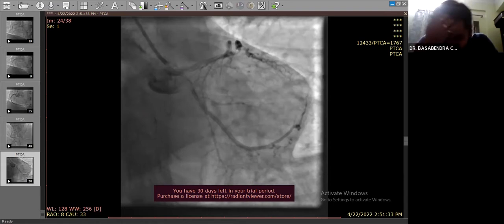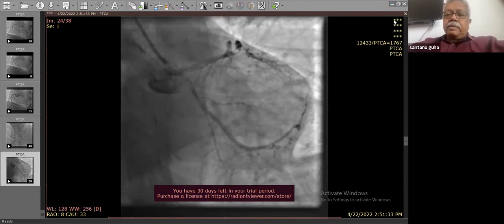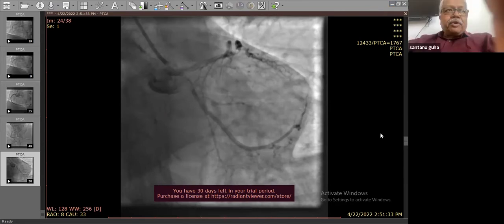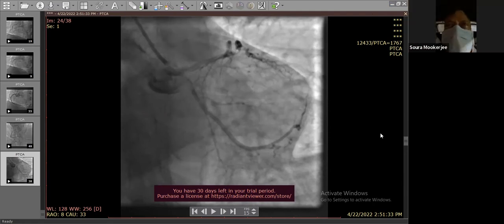So that's why we took another last shot. I think this is justified because they have inflated the balloon, though at a lower pressure. Whether it caused any problem there after the procedure, I think this is fully justified to look at. What he did was okay, because after retrieving the thing, he took a check shot. Whatever damage would have been inflicted could have been detected at that time only.